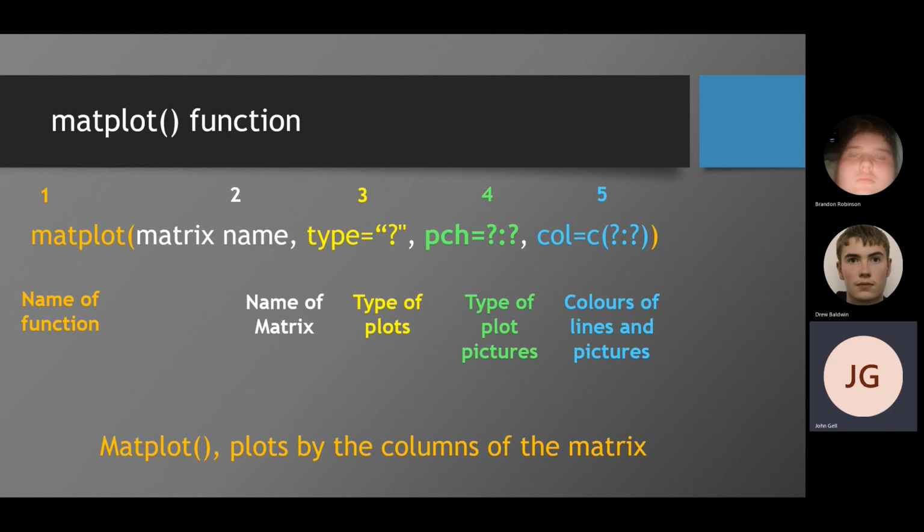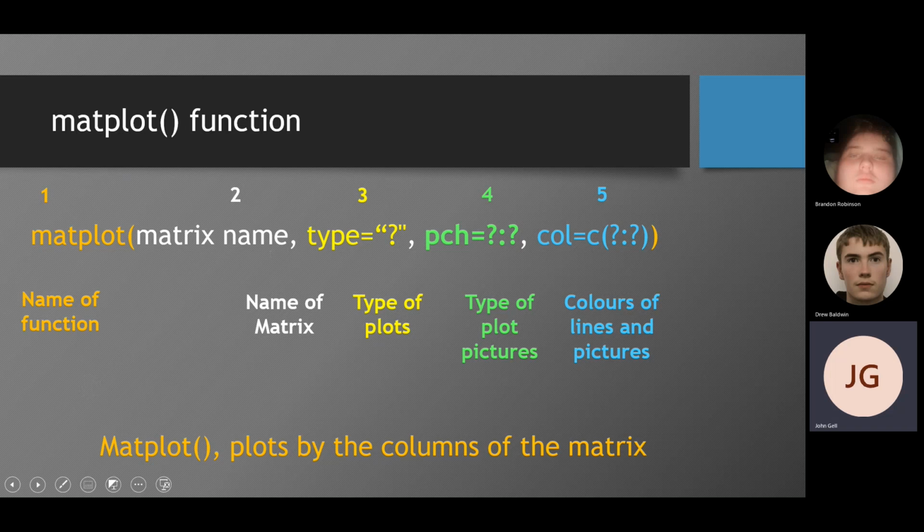So this might be games, it might be points per game or average points per game or whatever it is we've looked at. The type of plot, and I'm going to talk to you about this in a second. The type of plot pictures, and that's the points. Whether it's a square, a triangle, or whatever it is. You can see on mine in a minute. And we have the color. Now, you'll notice that this is a vector here, because what we're going to try and do as I go through this is